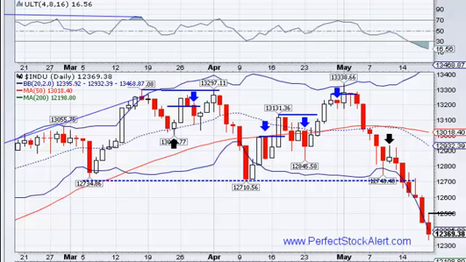Looking now at the Dow Jones Industrial Average, in this particular situation we have a very good move to the downside, making lots of money on this trade here. We've advanced the stop to the high of today's candlestick, 1 cent above that high. As long as it continues to move lower, we will stay with it.